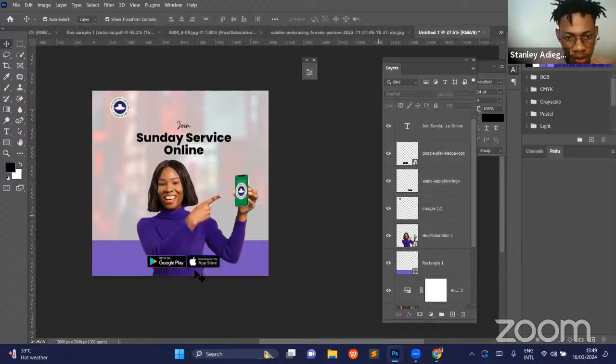So we want to align these two icons together. You double click on them and then come to align here. You want to make sure they're aligned to the horizontal. Is this the vertical? Go to the vertical center. So you click on it and then